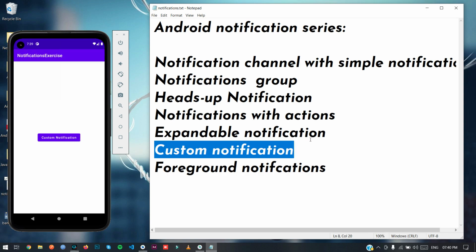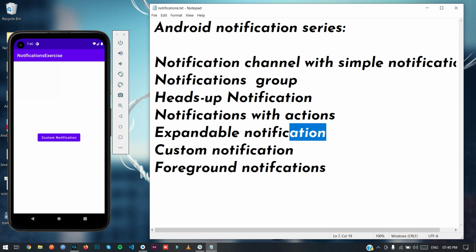As we have earlier discussed expandable notification, notification with actions, heads up notification, how you can create notification group, how you can create notification channel, and all these links I will provide in the description below. You can check there. And today, as we are talking about custom notification, let me show you a quick